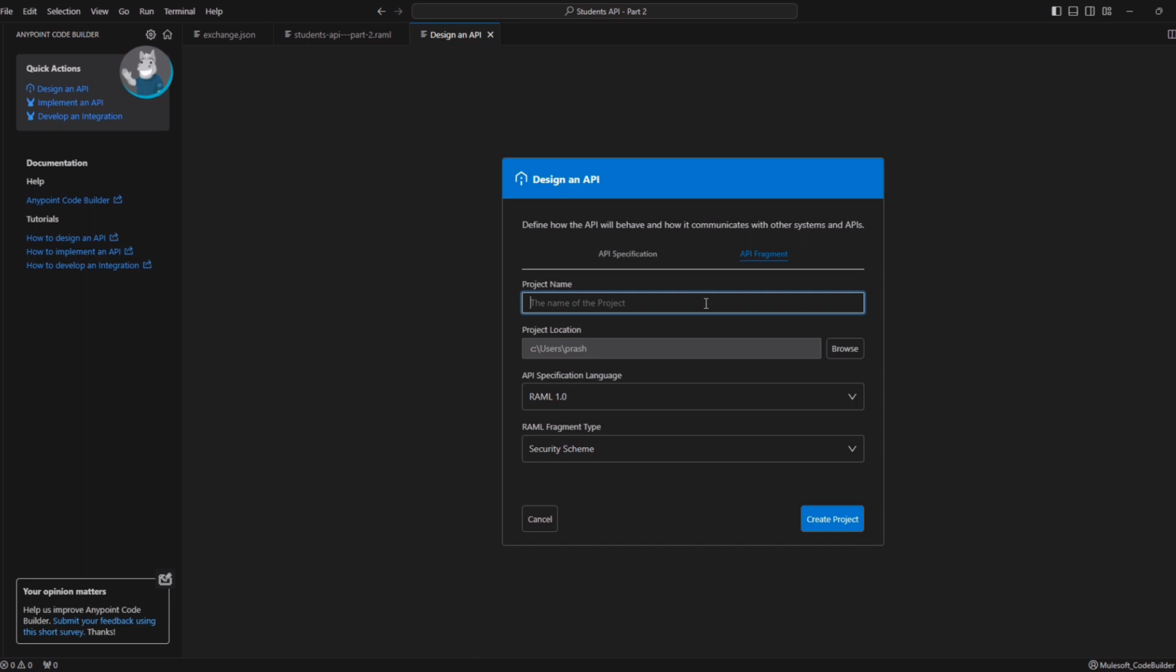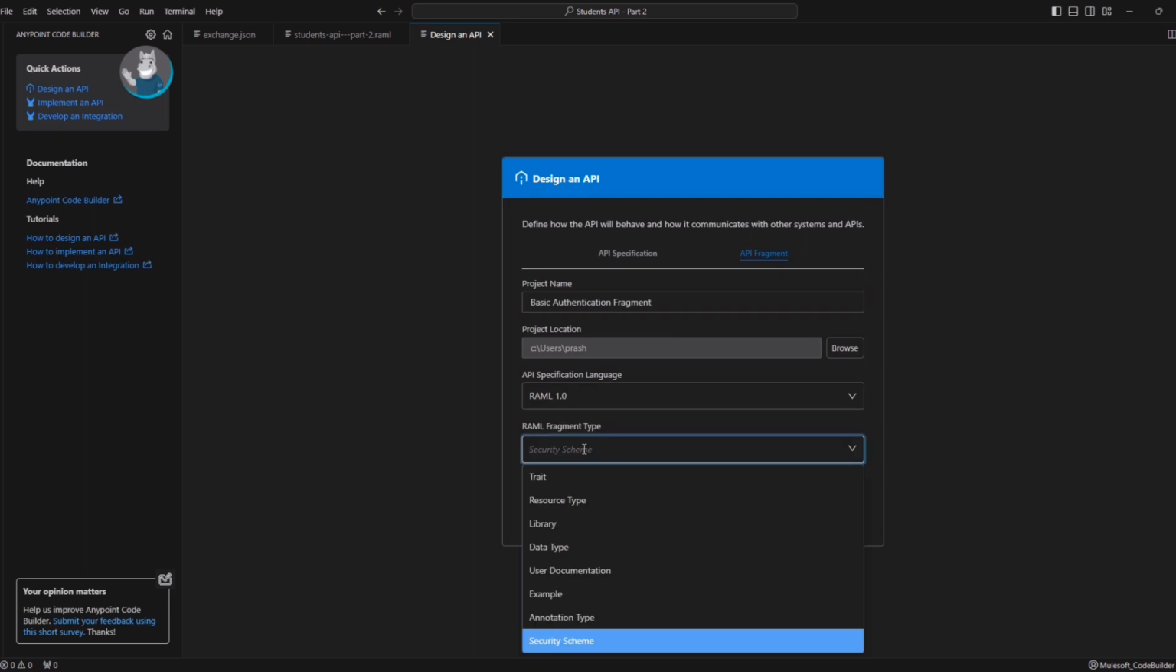Now let me give it a name as basic authentication fragment. I'll keep it as RAML 1.0, and here we have fragment types. Based on the need, we can select what type of fragment we are trying to create. If you are trying to create a similar kind of template for your method for each endpoint, like what will be your request type, what will be your response types, and what will be the query parameter, if these kinds of intermediate things are common, you can select either the traits or resource types,